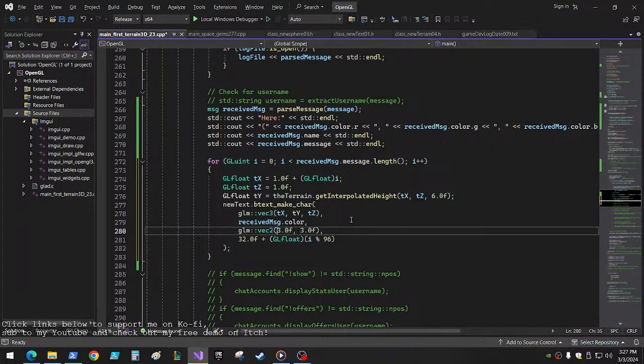That might be too big. Let's go 2. And then 32 plus, and then this. Okay, 32 plus that. It's the ASCII value. So all we want to do is send